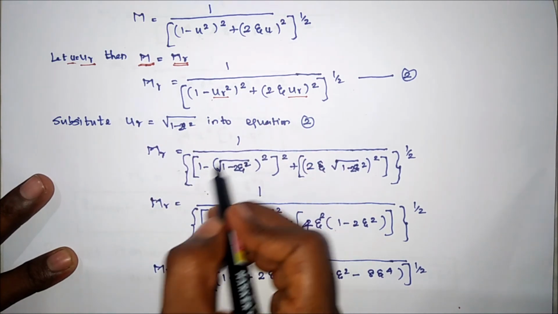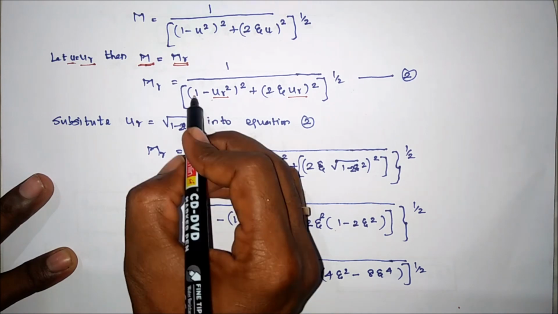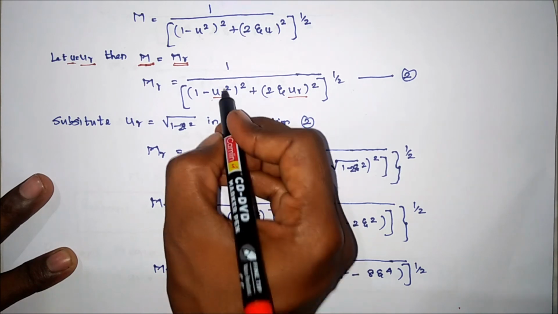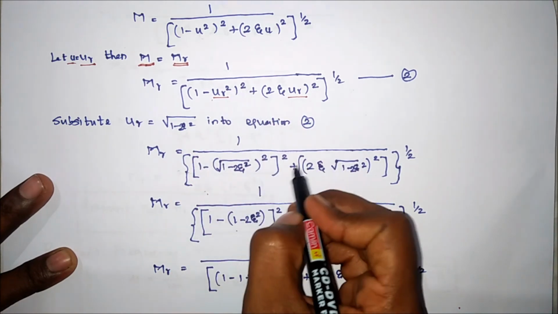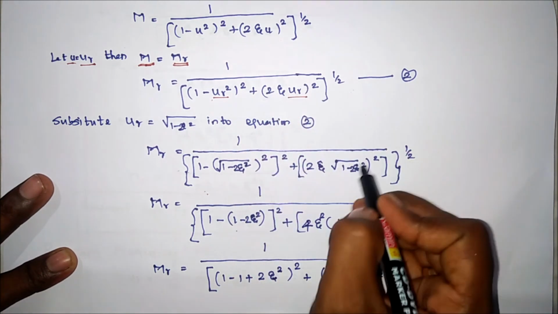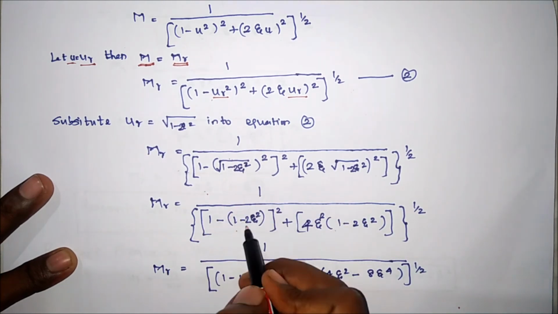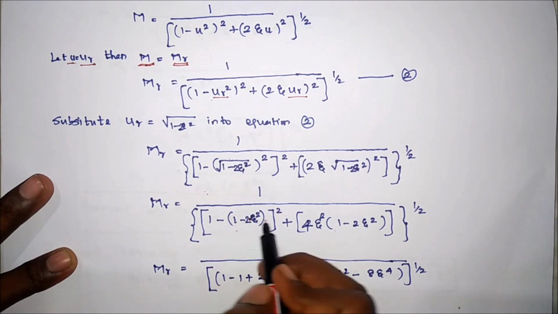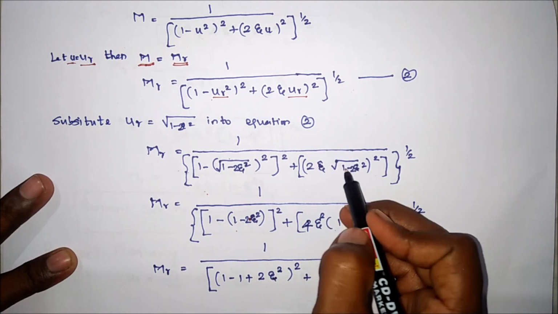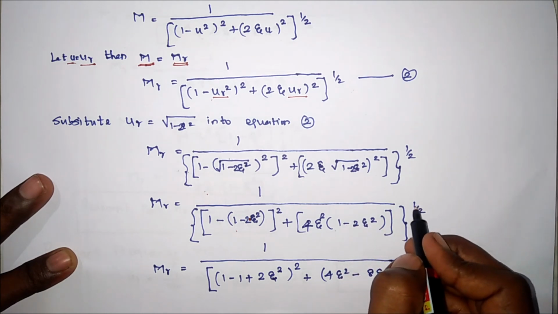So now mr equal to 1 divided by square root, or commonly whole power 1 by 2, of 1 minus ur value, we know, square root of 1 minus 2 eta square. Now square that, again common square, plus 2 eta into ur, square root of 1 minus 2 eta square, common square. So therefore common square here. So now this square and this square root will get cancelled. So we will have this term. Then now if we square here it will become 4 eta square. Then this square will cancel. Therefore 1 minus 2 eta square whole power 1 by 2.